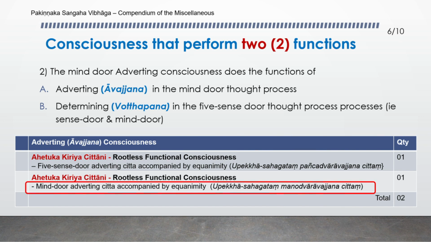This one is part 1 of it. These are 2 of them. And part 2 is the mind door. Earlier is the mind door, everything consciousness does the function of everything in the mind door thought process and determining in the five sense door thought process. So here there's two things. The mind door also working, and also the determination by the five door thought process. I mean, the mind door, everything has done already, then this determining is performed by this five door thought process.